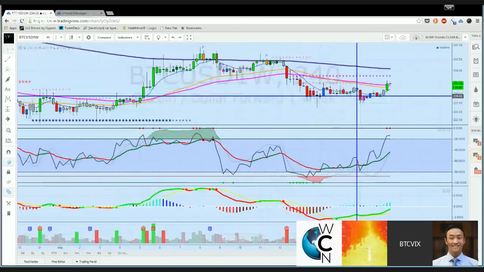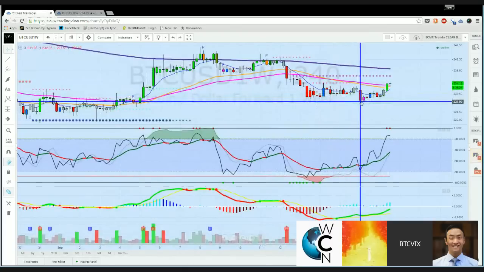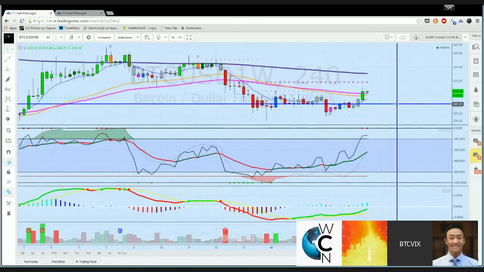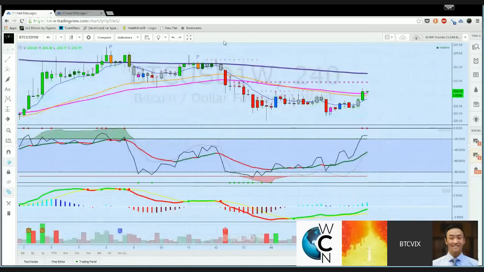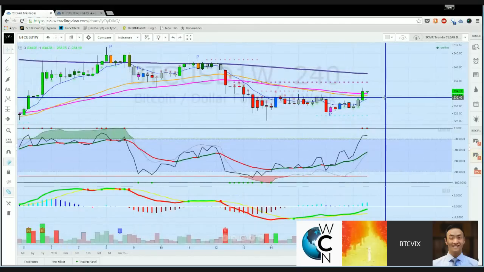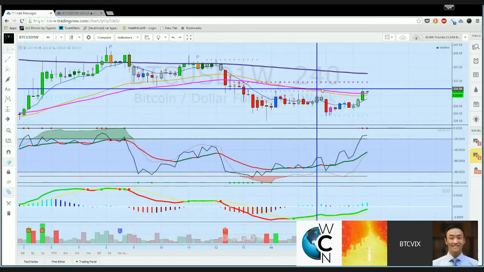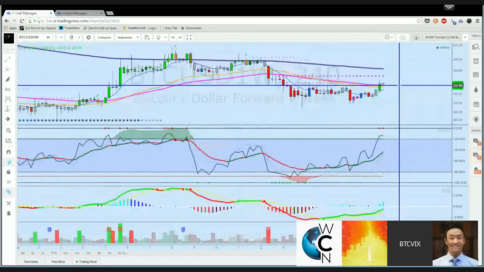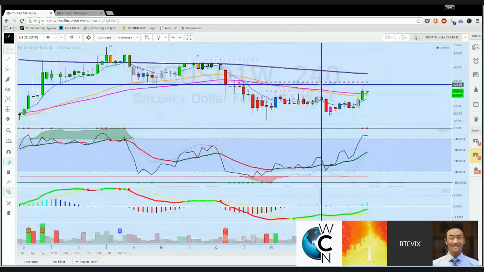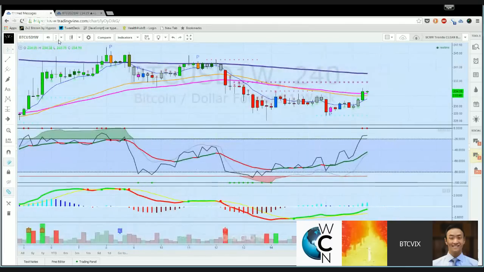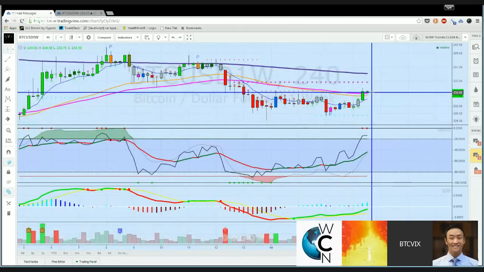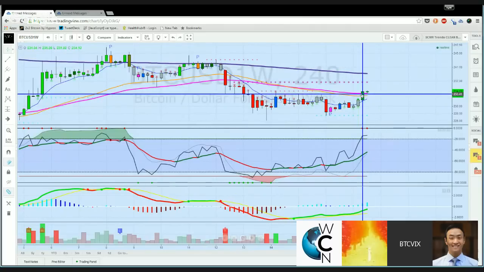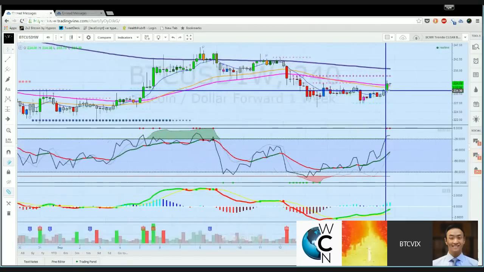We got chopped up a little bit here, thought we were going to take another stab down, and it was kind of a fake out. So that brings us to where we are right now. And we've had a good little push up here, basically back into this resistance level here. So cautiously bullish at this point, but we're going into settlement, so I'm anticipating this is just going to kind of hold this level here going forward.